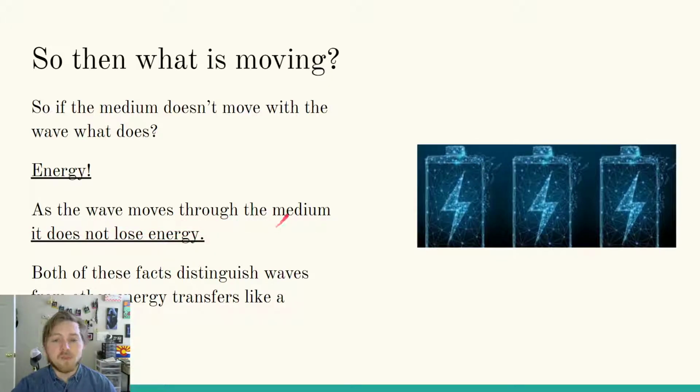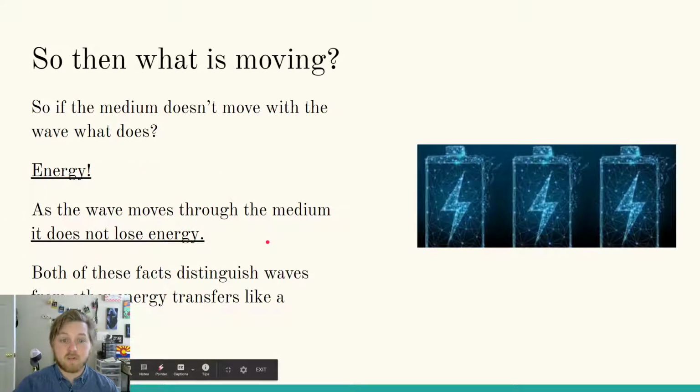As the wave is moving through this medium, it's not going to be losing energy for the most part. In the real world, there's dampening. There are other forces that are causing that energy to be displaced, sent out into different parts. But if you're using the slinky, you should notice that the amplitude of the wave stays about the same, right? The height that the wave stays at is about the same. If you're using the simulation, you should have seen something else. You could have dampened the wave a little bit more. That means there are more forces involved, spreading out that energy, displacing that energy. But otherwise, it's not going to be losing energy here. It's moving through the medium, and it keeps that same amplitude of the wave.